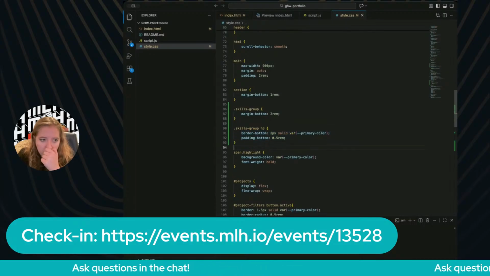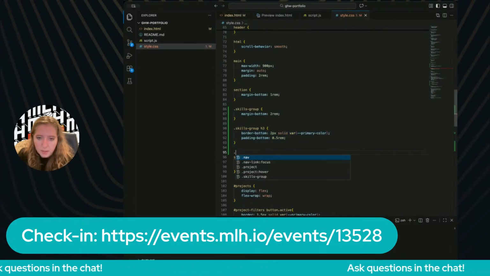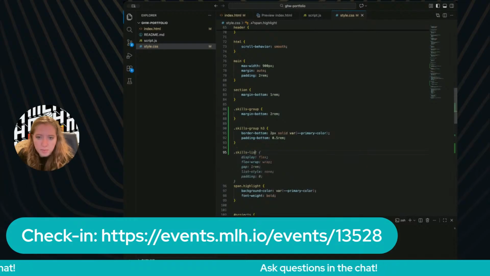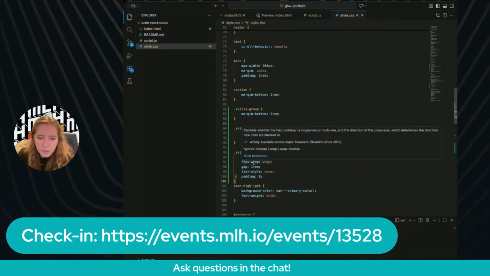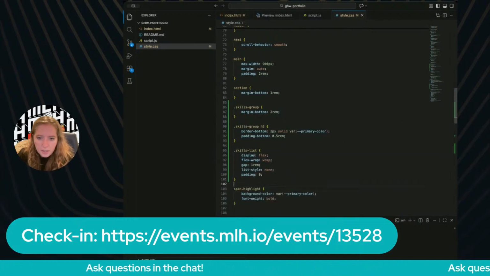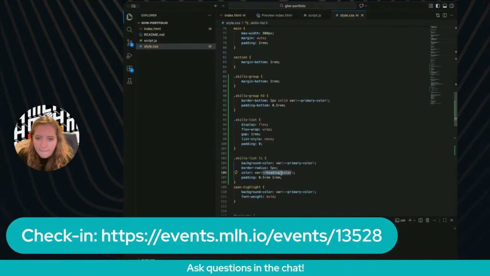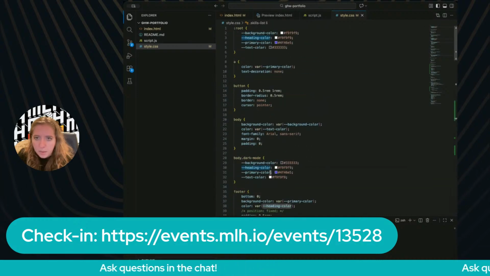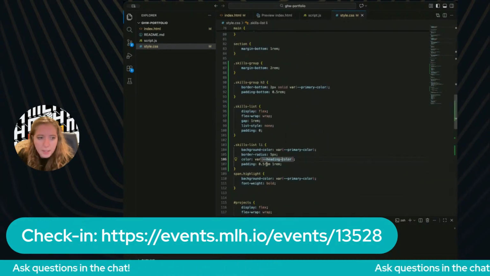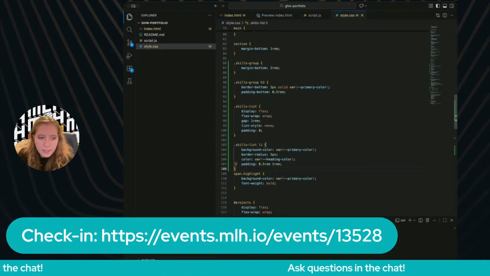And then I could also do my skills list, right? And then potentially try out some of these. And then for each individual line item, primary color and heading color, and then padding. And then in here,